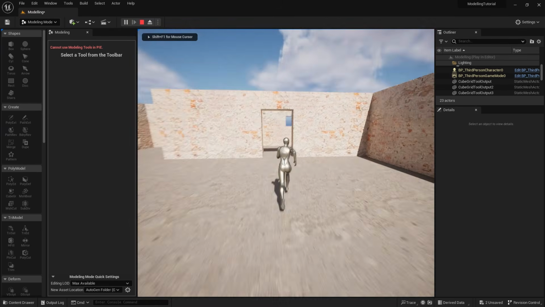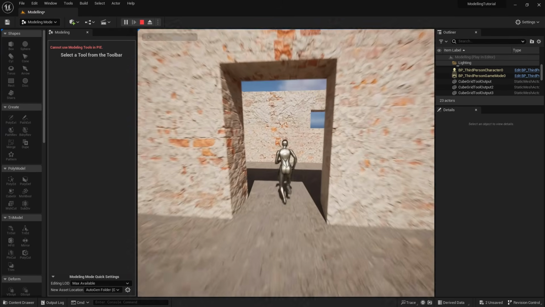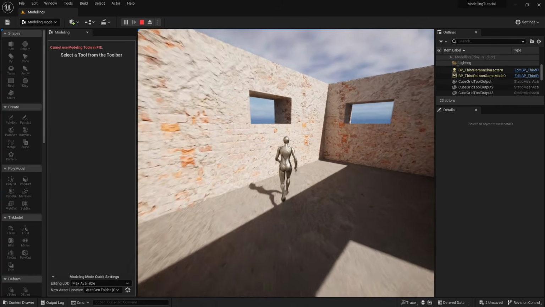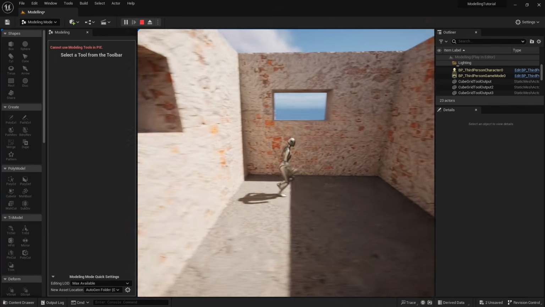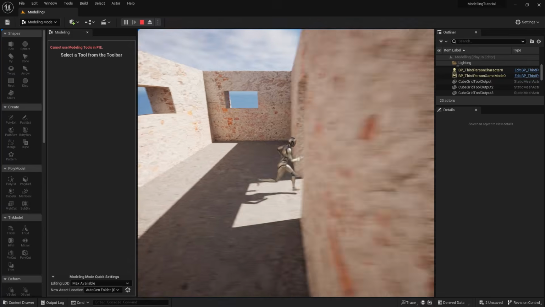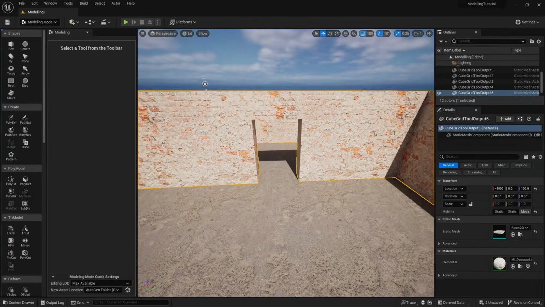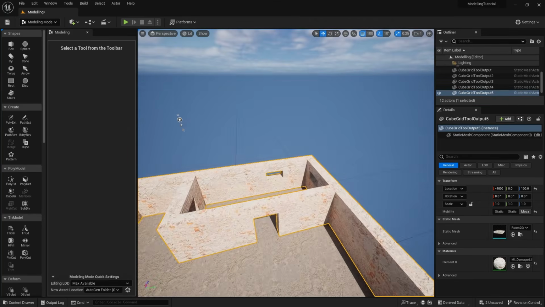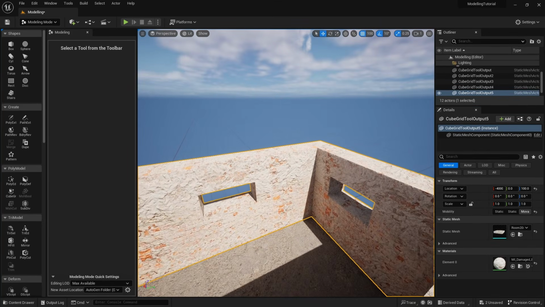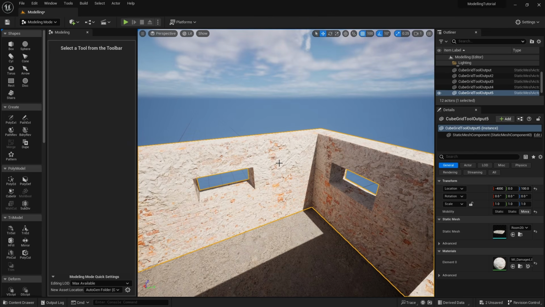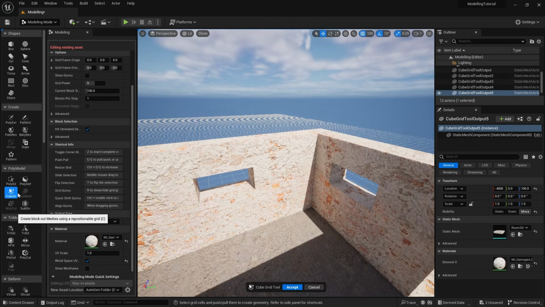and we can see, are the doorways the right size? Yes. Are the windows right? No, they're too high. So at any point in time we can adjust our models. So let's come out of play mode up here, and let's adjust these windows, bring them down one. So make sure it's selected, go back into the cube grid tool, and what we'll do now is we will